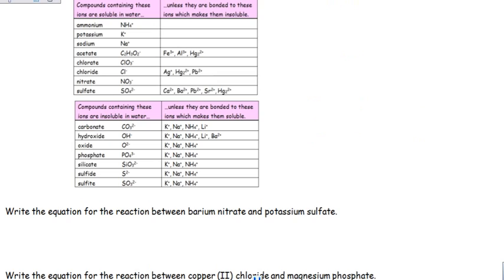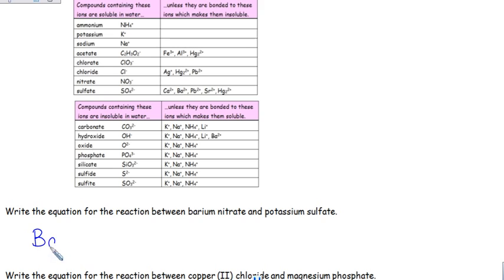Write the reaction between barium nitrate and potassium sulfate. Now maybe you're good enough, eventually, that you can pick this out of a hat as being a double replacement, because double replacements are often two compounds. Barium nitrate,